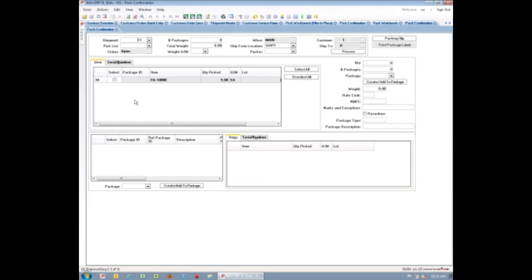So what does that mean? That means in my process, I could say, well, I'm shipping 5 of those, and am I putting them all in one box? Is it going to be 5 boxes? Is it going to be one box for each going onto a skid? So I have the ability to, on the right-hand side, tell the system,